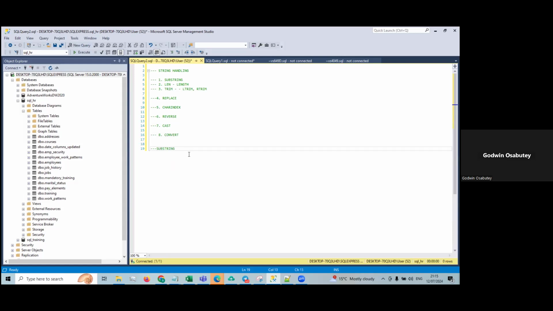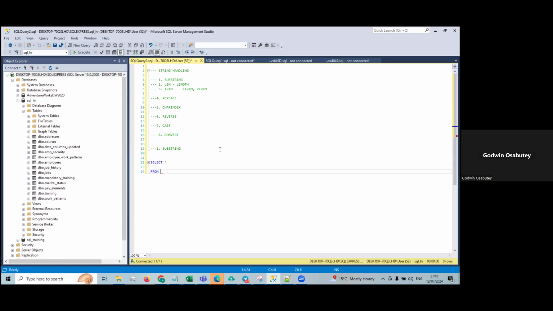Substring. From the word substring, what comes to mind? What comes to mind immediately you hear that word? Yep, anybody to help us? Secondary. Sub cannot be secondary. Like under or less. Under, yep, I like under. Somebody said less. I like that too, but not exactly. What it simply means is part of. It's a bit of a subsidiary of